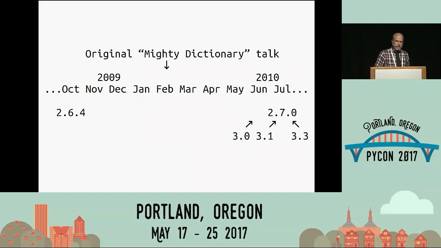years. I chose, it turns out in retrospect, an interesting moment to do the original Mighty Dictionary talk, right at the beginning of 2010, months before 2.7 went final and came out. That means that my original talk purely looked at the dynamics of the hash table, didn't talk at all about the improvements that were just about to arrive as Python 2.7, the last hurrah of the 2 series, quickly pulled in several innovations from the Python 3 series to make them at the last minute available in the last version of 2.